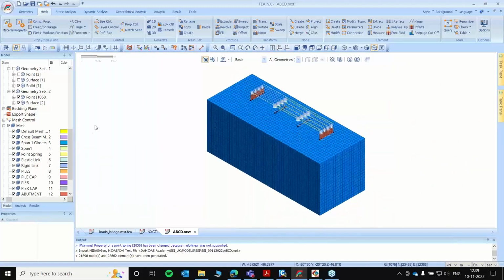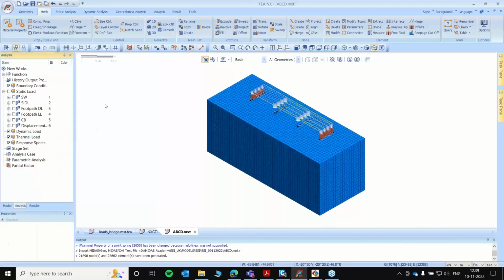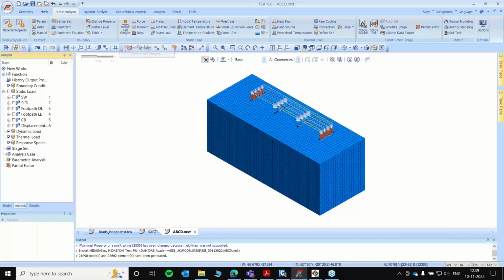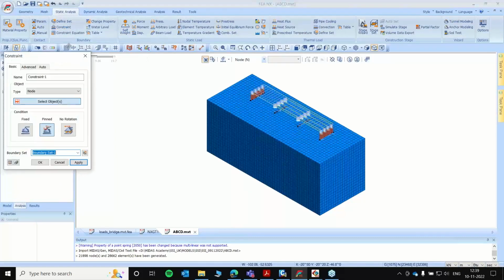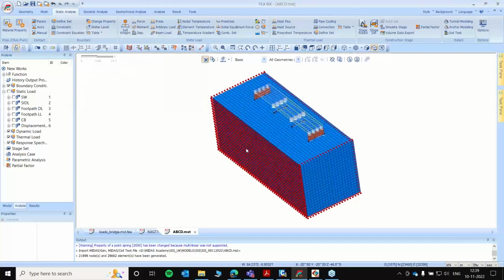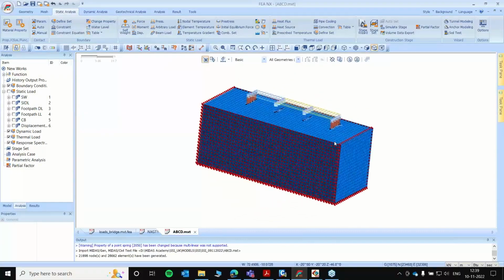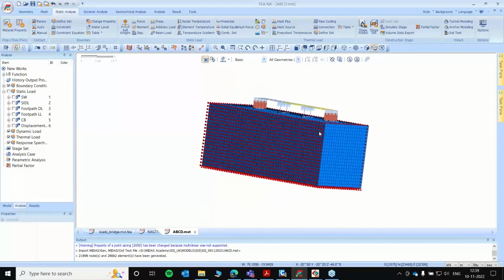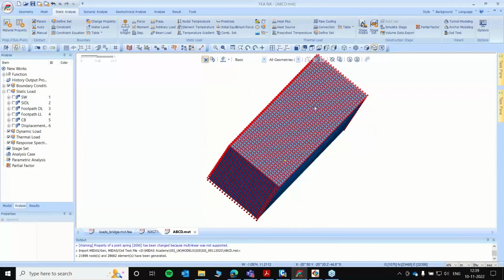So what we'll do next is go to analysis. In the static analysis part, we click on constraint, go to auto constraint, name it as BC, press OK. Or the boundary condition. Roller supports on sides, fixed on the bottom.